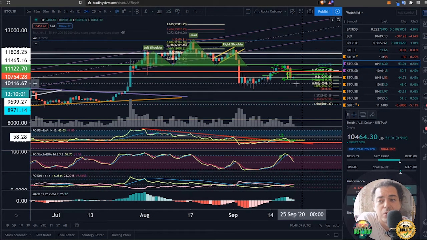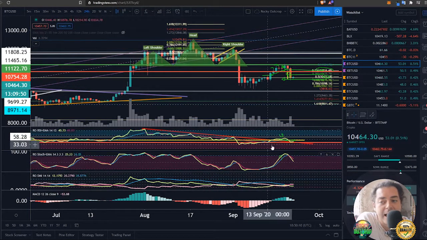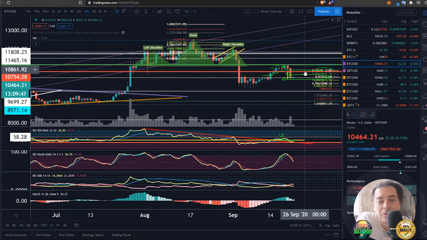but we'd have to keep a keen eye on that 10,129 area to see that we're staying above these zones. That's kind of in and around these. You could as well maybe look towards the 786 in terms of this Fibonacci. If we were to find support there and then go towards the top side, maybe we see this turning around. But also we've got this 10,750 area up above us in terms